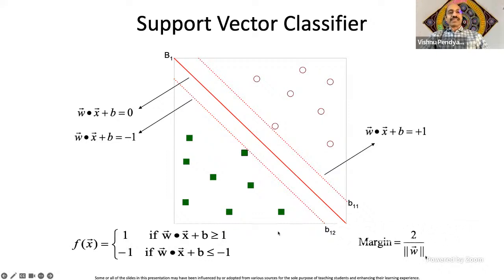Now there are some constraints. We want to classify the point. The classification is given by f(x). We want to classify the point as +1 if it is on this side of the margin, and as -1 if it is on this side of the margin. So in algebraic terms, if wx plus b is greater than or equal to 1, the right-hand side, the prediction will be +1. And if it is less than or equal to -1, the prediction will be -1. So that's the idea.